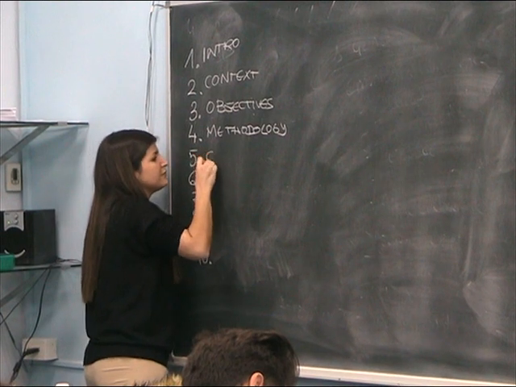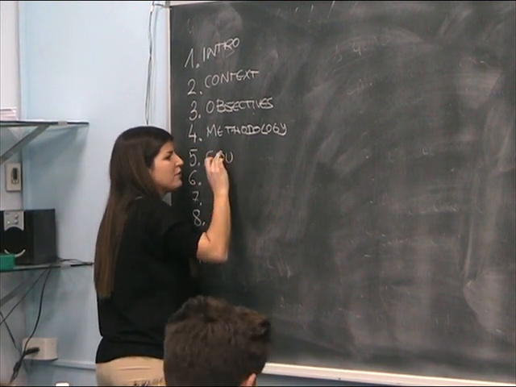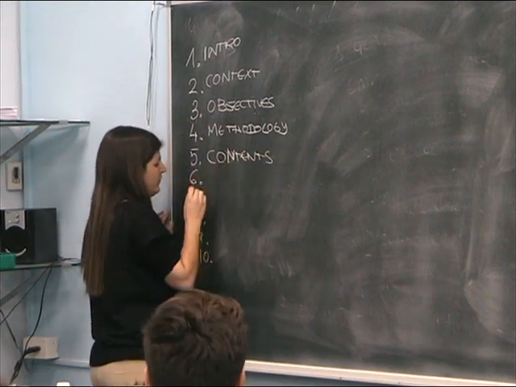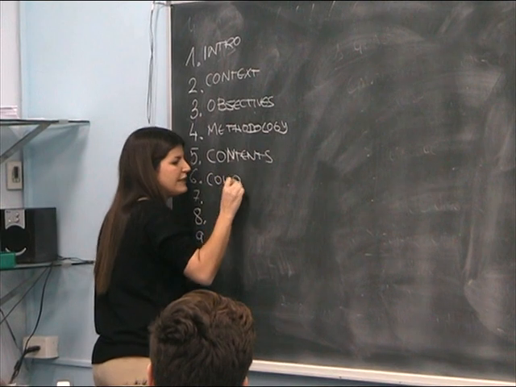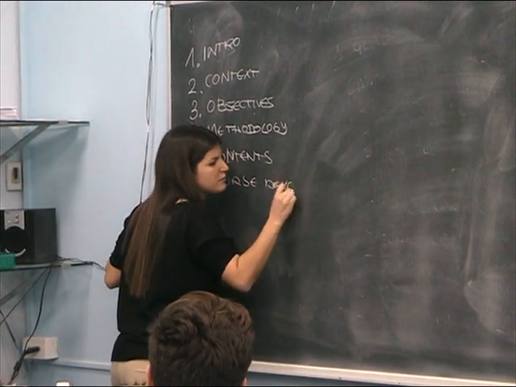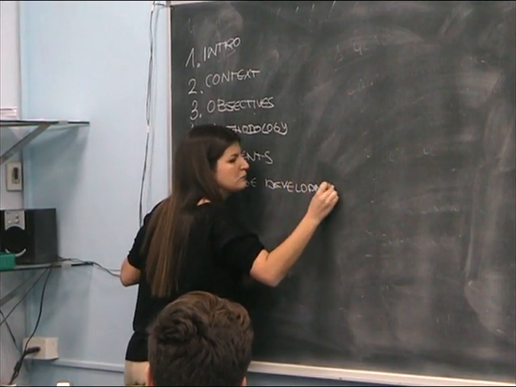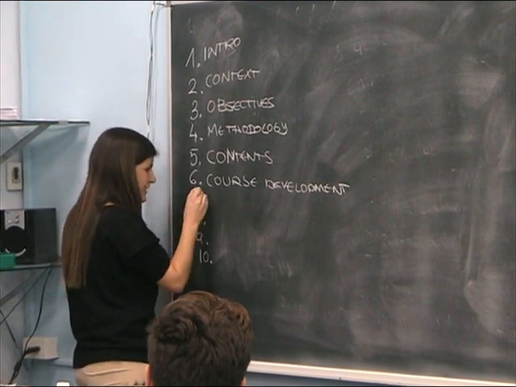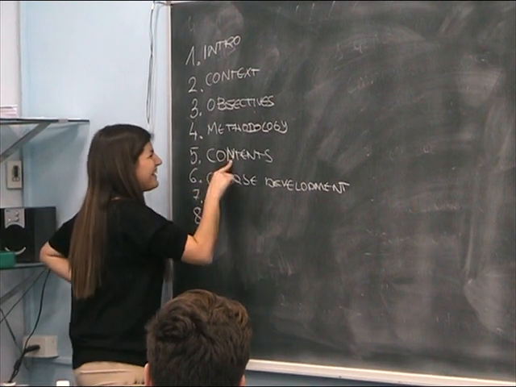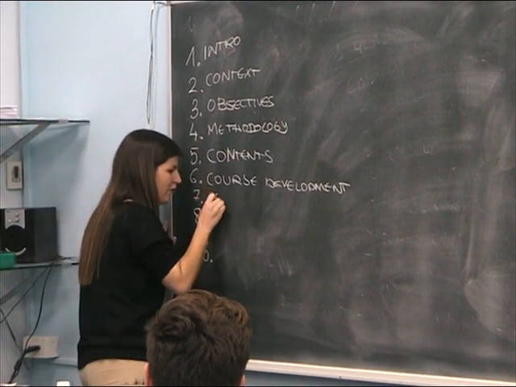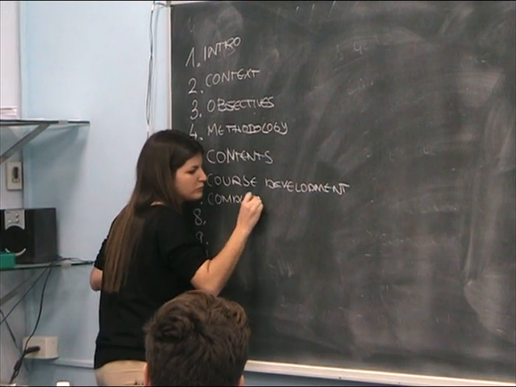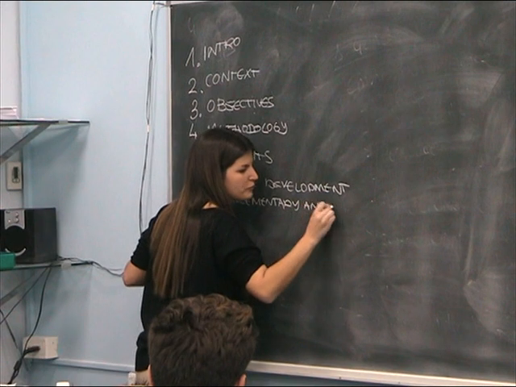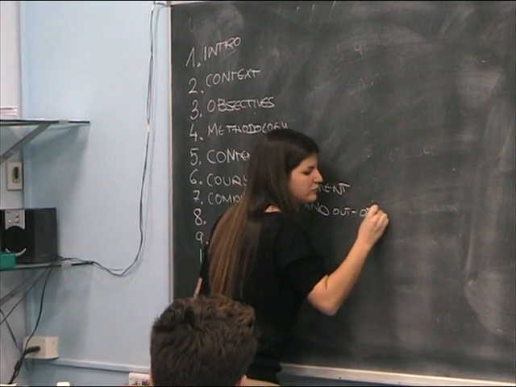and then in number 5 we will have the block of contents, and then in number 6 we'll deal with course development, in number 7 we'll talk about complementary and out of school